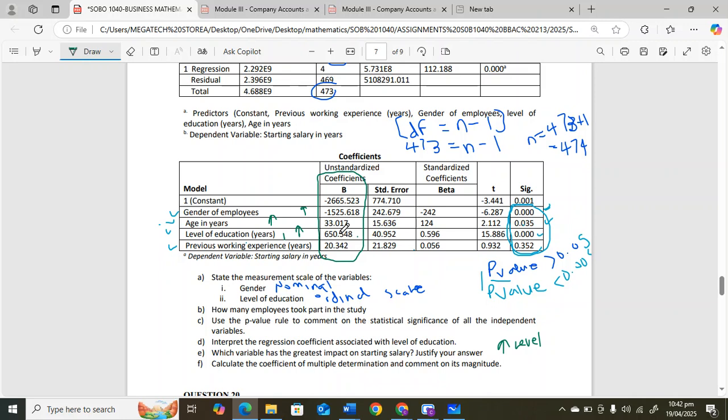So when we go for residential colleagues, when you meet Professor Buin, we say, sir, question 20, the part for the coefficients on gender. Does it mean if we increase our gender by 1 unit, our salary is going to go down by 1,525 kwacha? Because as you can see with gender, it's a negative coefficient, meaning if you increase this independent variable, your dependent variable has to drop. The coefficient is giving you the direction of how these two are moving.